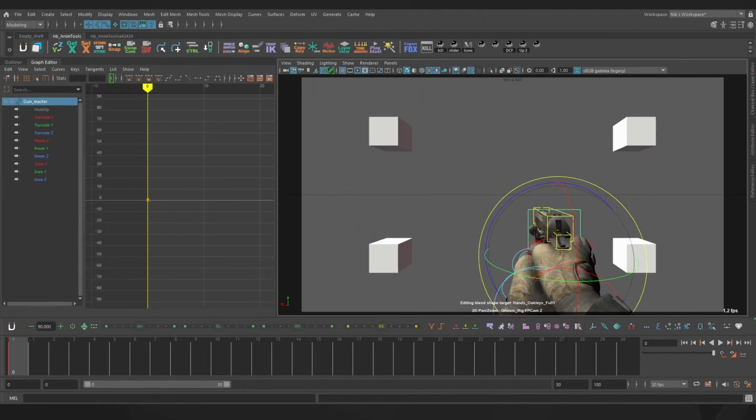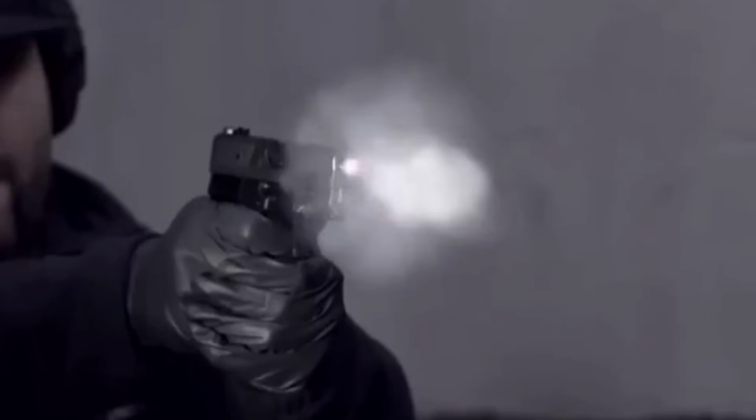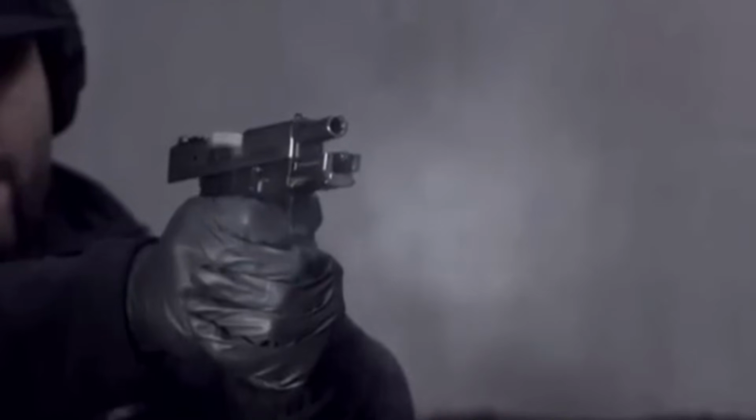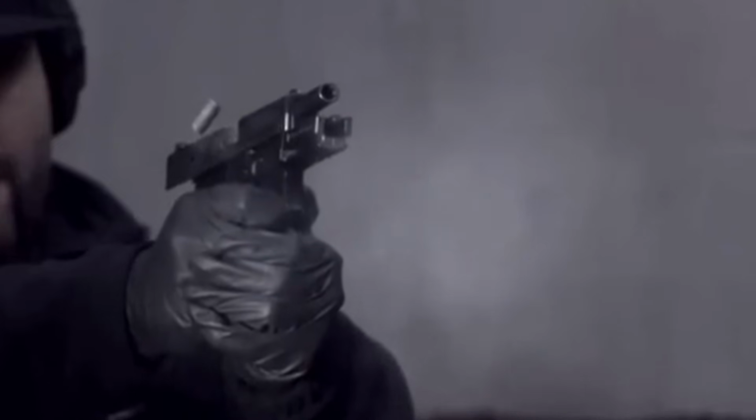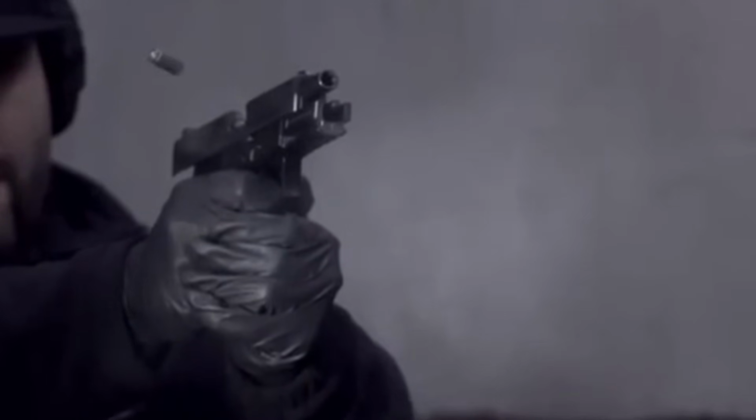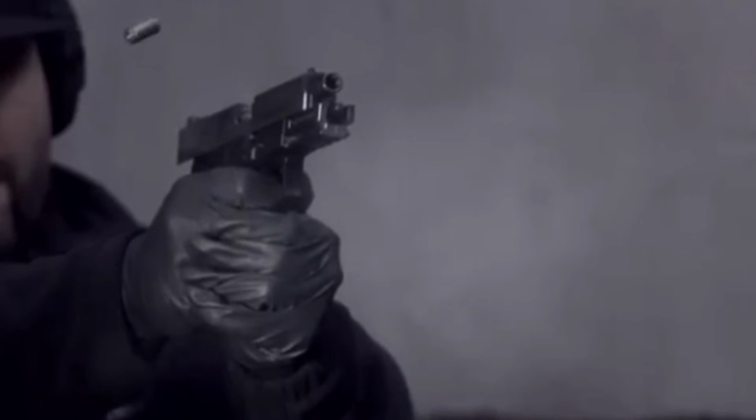Hey guys, today let's animate firing a pistol. The first thing we want to do is take a look at some reference so we know how it's supposed to look. If I scrub through this footage, the first thing that happens is the gun pitches upwards. Then that's followed by a little bit of translation upwards and backwards with the recoil, while the gun pitches back